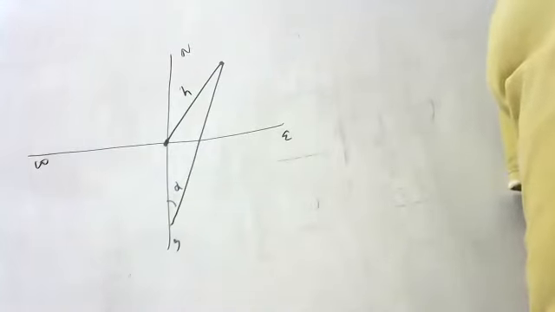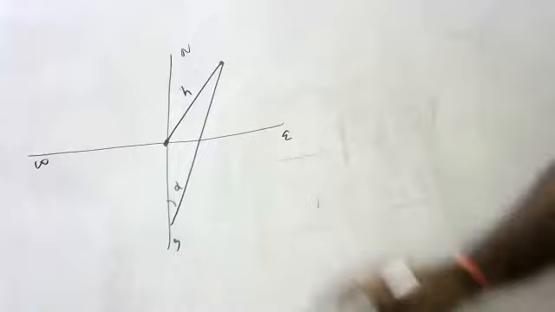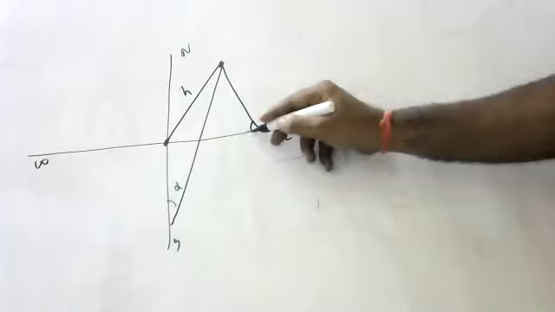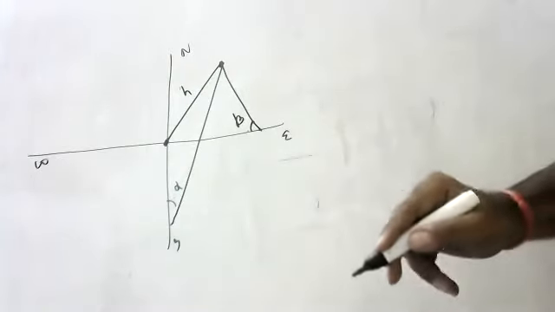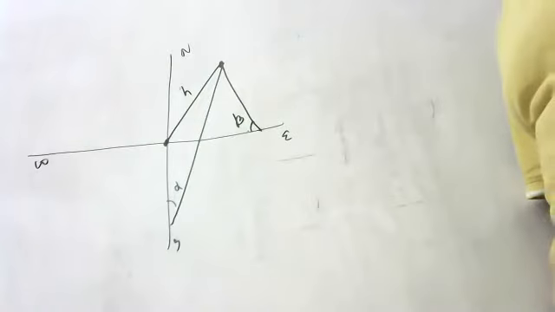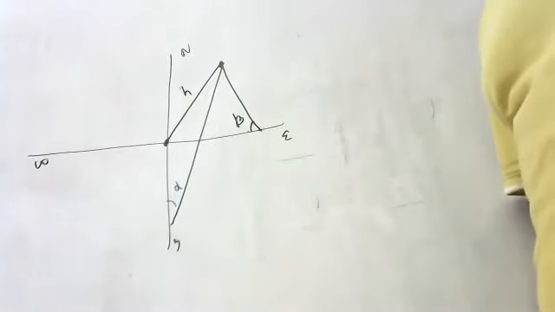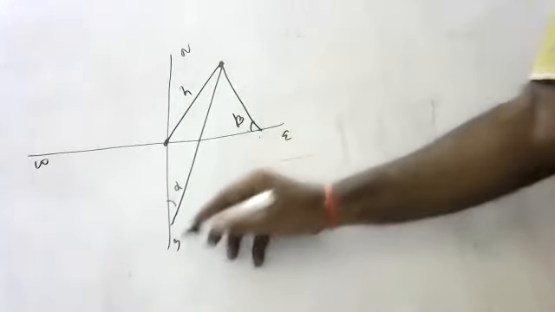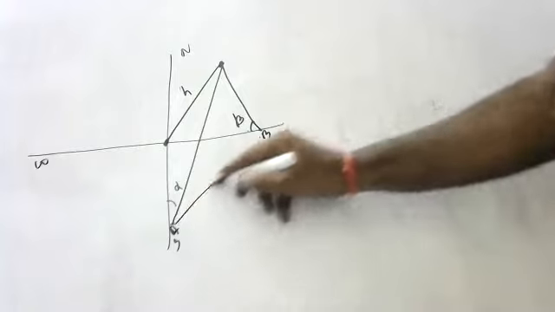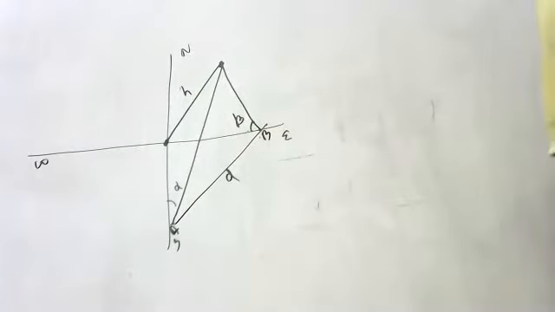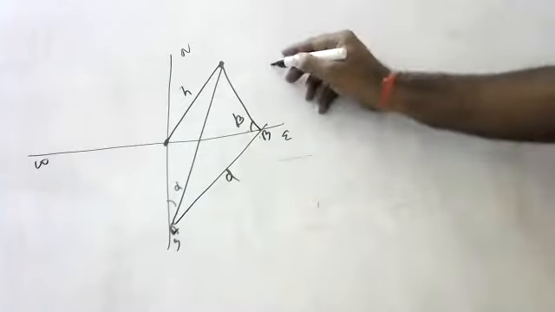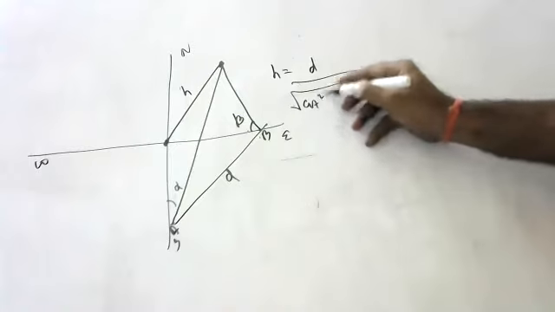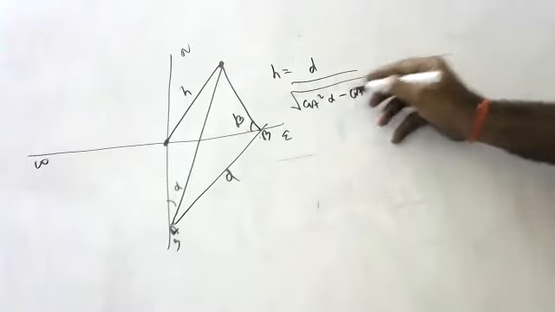And due east of the tower is beta. From here, it is beta. Okay, so children, they are saying from point B, alpha and beta. AB is D. What is AB, sir? You ask. This is A, children. This is B. The distance between A and B is D. What is the question? Prove the height of the tower is D under root of cot square alpha plus cot square beta.